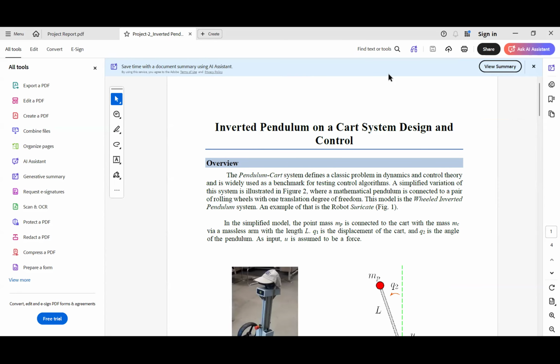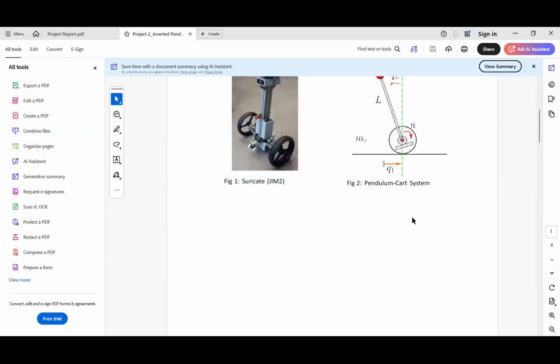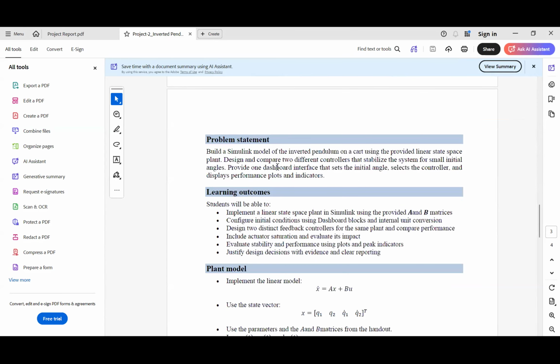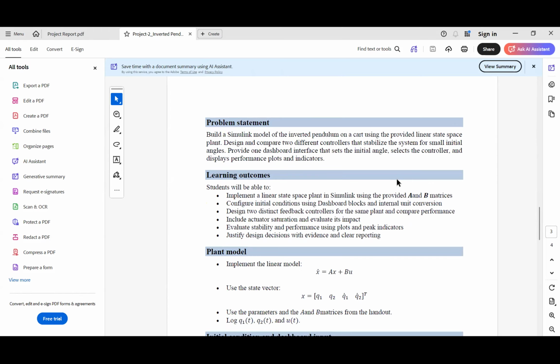So the problem statement in our project is that we have to design the Simulink model of the inverted pendulum on a cart using the provided linear state space plant, and we have to use two different controller methods with the same plant for both, and we have to provide one dashboard interface that sets the initial angle, and the initial angle we have to set is from -15 to